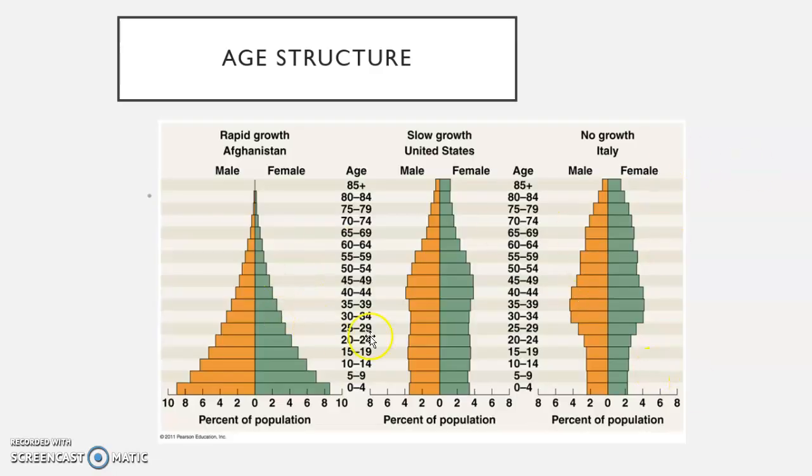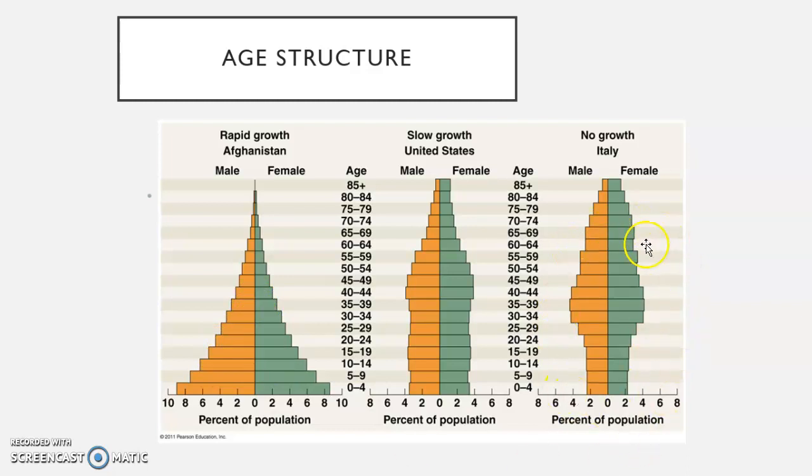Now you need to know these age structure diagrams. You looked at these in the population activity that we did. Rapid growth is where you have a very large base. These are all children, and at some point in the future they're going to reach their reproductive ages. The number of people that are not in their reproductive age is small, and because of these large numbers of people in their reproductive age, that is going to cause the population to grow rapidly.